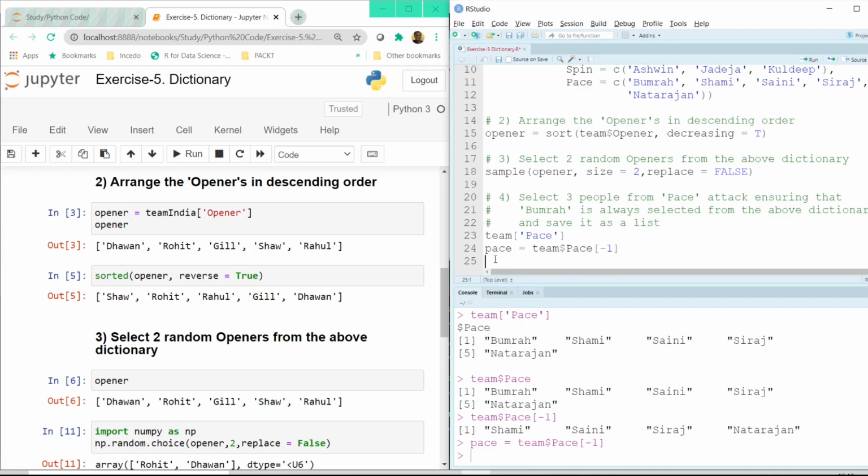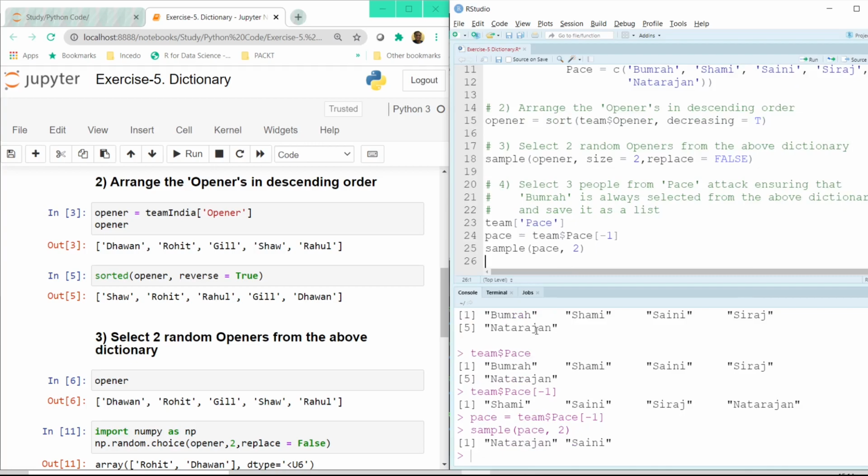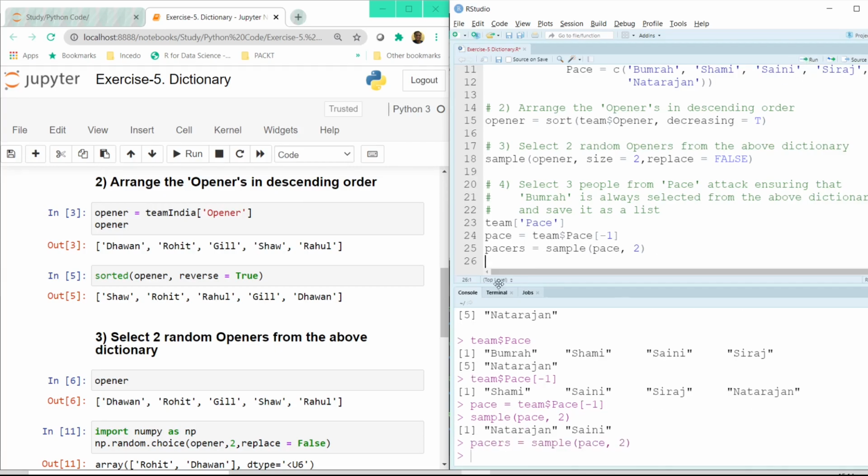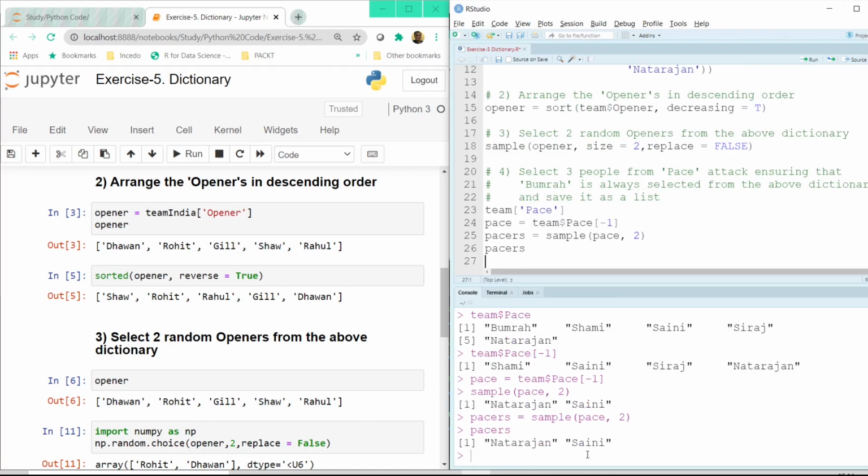So the way we do that is using the sample function again. So once we do sample, and inside the brackets, we just have to pass pace, and the size will be 2. So if I click on the run button here, it gives me Natarajan and Saini. And now if I once again assign it to a new variable called pacers here, and if I display pacers, it gives me Natarajan and Saini.